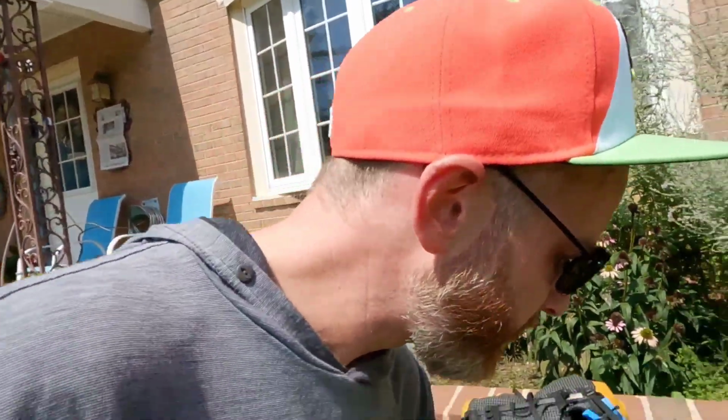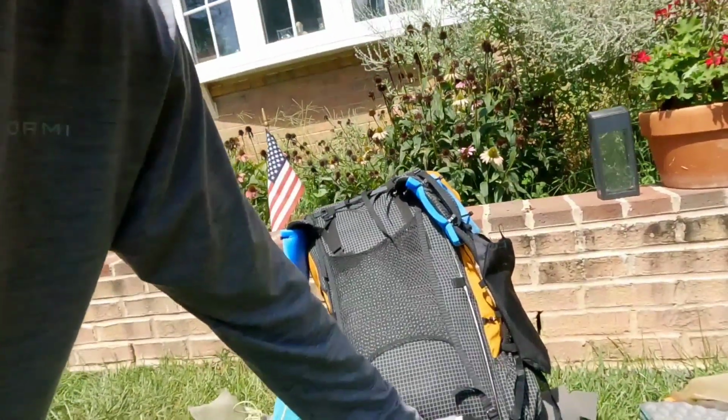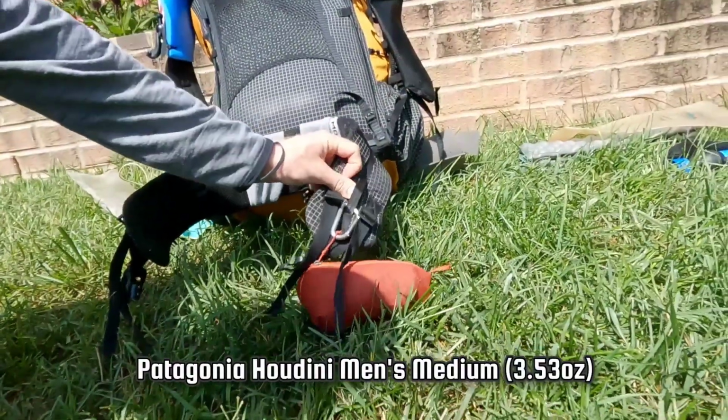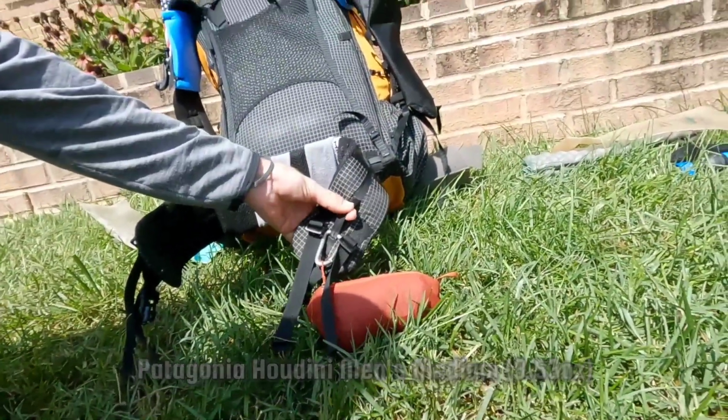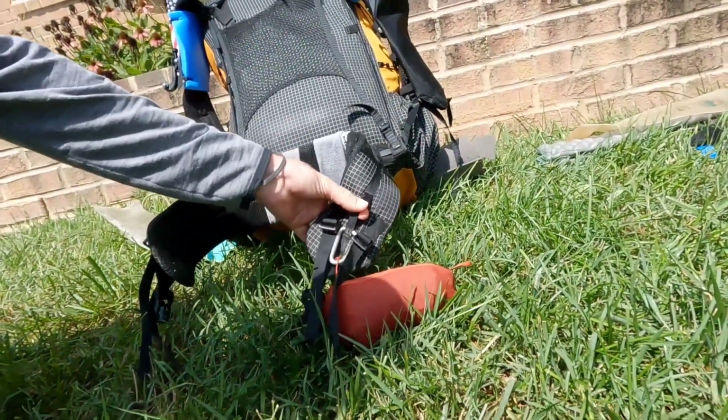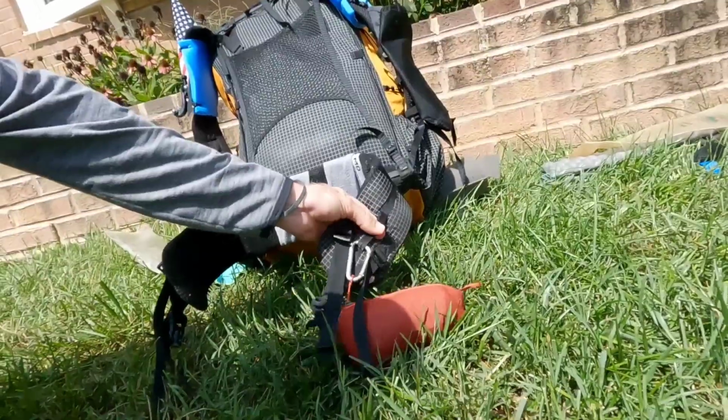Let's see, anything else about the outside of the pack? What I'll say is also generally on my left hip belt, you can see how this little windbreaker is clipped on there right now. I also took to clipping my bear bag tie line, my throw line for the bear bag, on the outside on my left waist. Not left for any particular reason aside from that I'm right-handed, but the main advantage of that was this way,